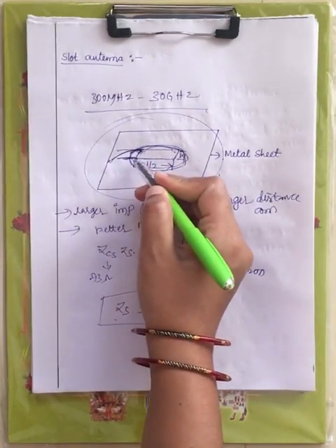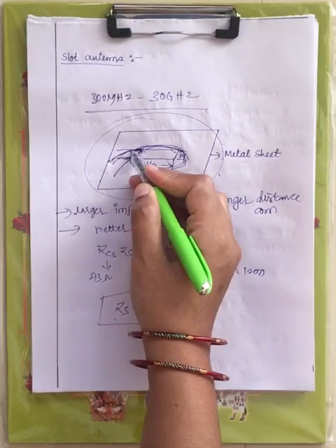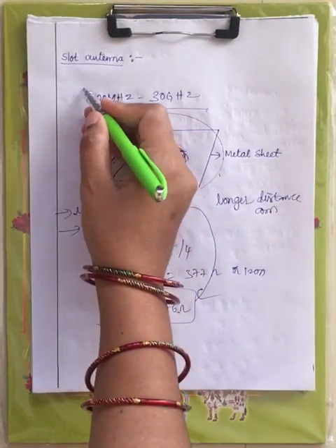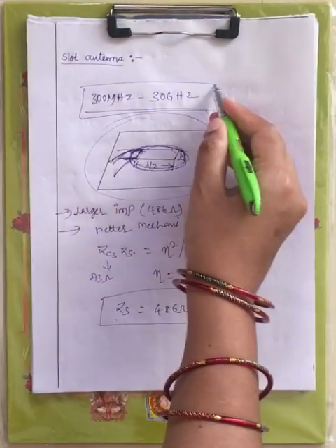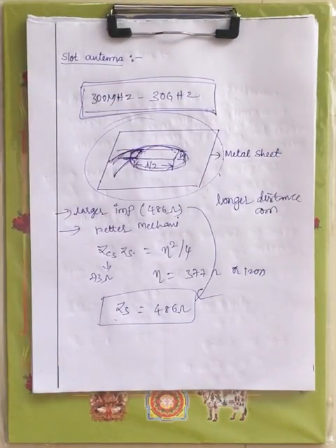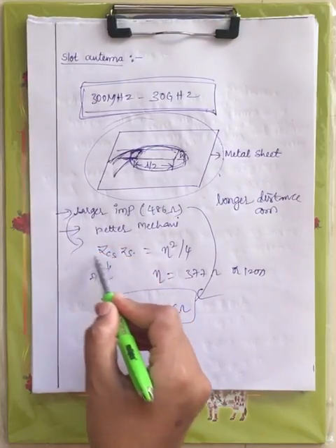You are providing the feed, which is nothing but input, along this slot either by a two-wire transmission line, or coaxial line, or by the waveguide. The frequency range of the slot antenna is 300 megahertz to 30 gigahertz. This is the operating frequency of the slot antenna, and it has larger impedance and better mechanical stability. Now let us prove this statement.